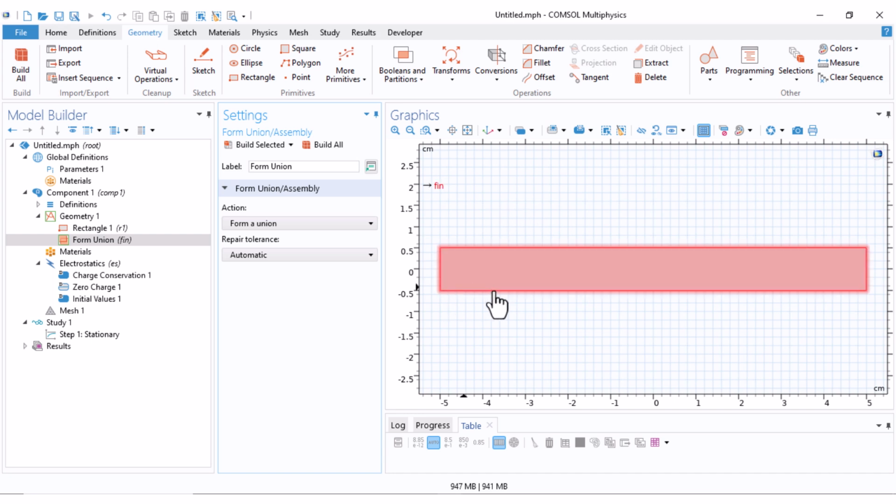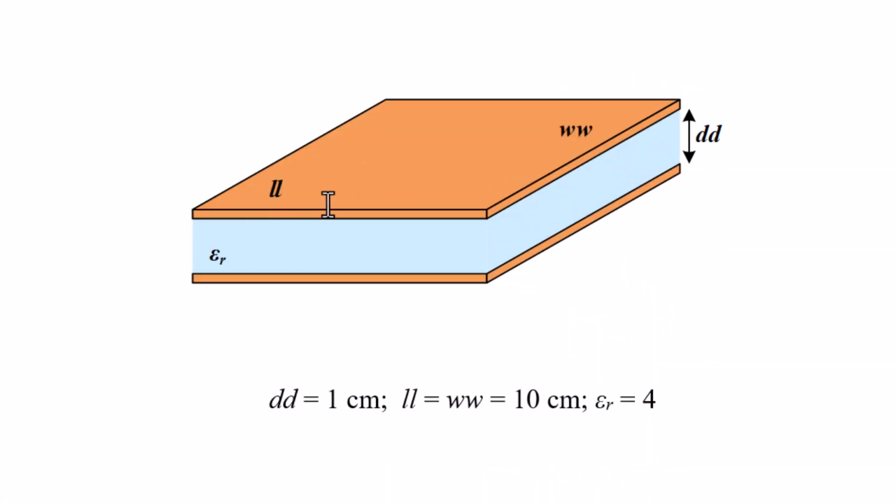I want to set the bottom line as the bottom plate, the upper line as the upper plate, and the left and right lines would be our boundaries. That should be an infinite boundary. Till now we have defined L and also D, but we haven't defined